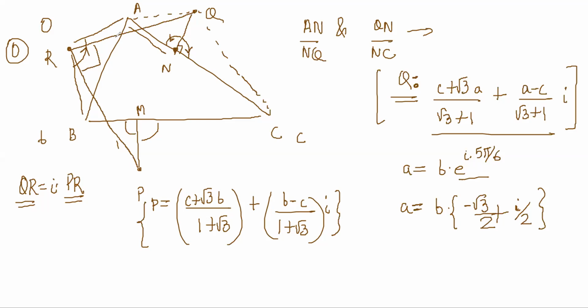If R is your origin, to show that this angle is 90 is just a simple rotation by i, no? Multiplication by i, right? QR is just equal to Q minus 0 because R is 0. So Q minus 0 should be equal to i times (P minus 0), right? Yes. If you multiply this by i, now see what happens. My i comes here, and this becomes minus 1. So minus 1 comes here.